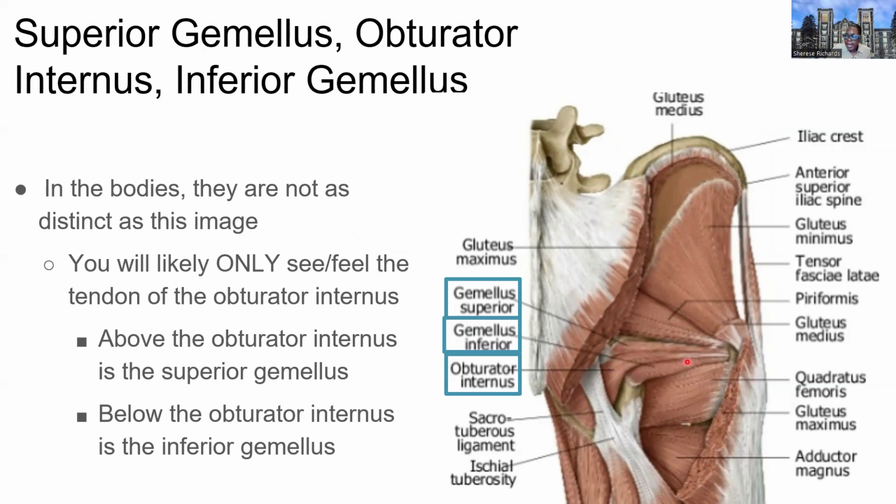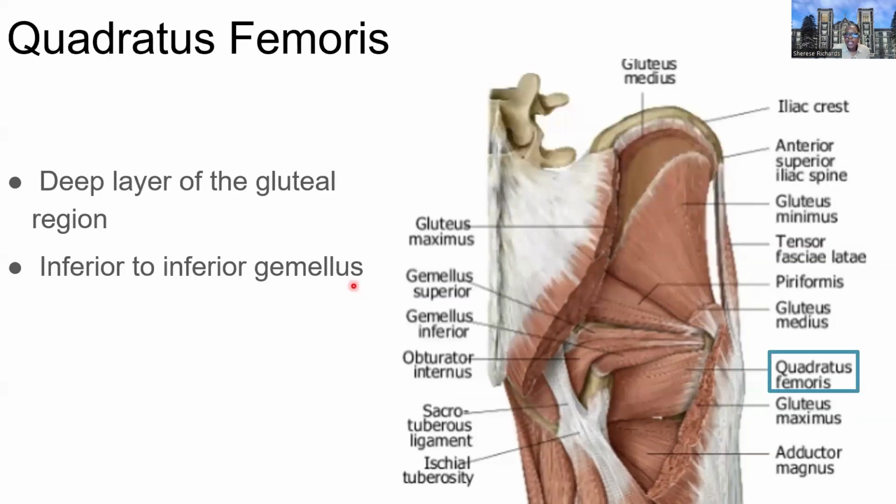You also might only see the tendons of these, so they prominently have tendons as opposed to more of the muscle, as we'd see with other muscles. Below the obturator internus, we have the inferior gemellus, and then we have the quadratus femoris. If we look at the deepest layer here of the gluteal region, quadratus femoris, again, that four-sided muscle going